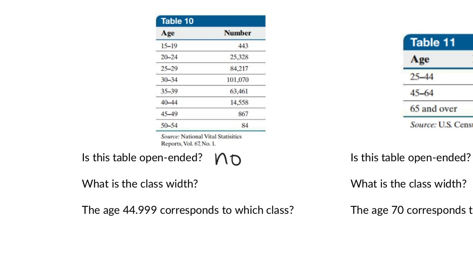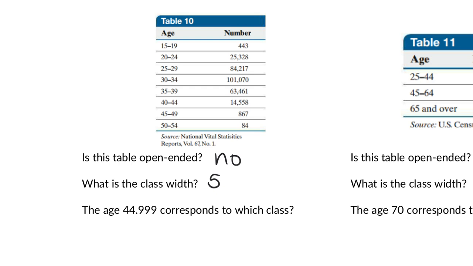Like how many ages fit into each class here? Yeah, this one's weird. I would actually count these because we have age 15, 16, 17, 18, and 19. So even though 19 minus 15 is 4, there are 5 ages that are in that first class, which means the class width is 5. So I would always count the class width instead of doing